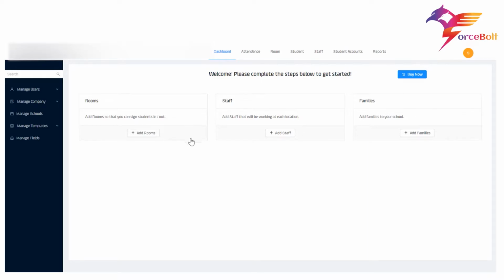Here, I have logged in and this is the dashboard page. Firstly, I will create the student record and then I will show the functionalities according to the student record.